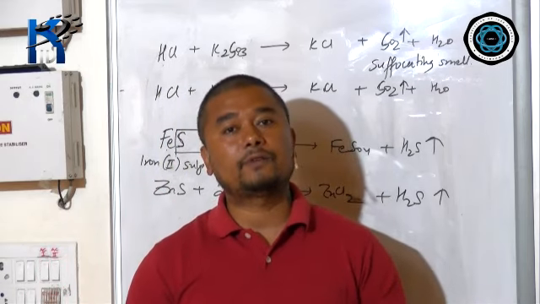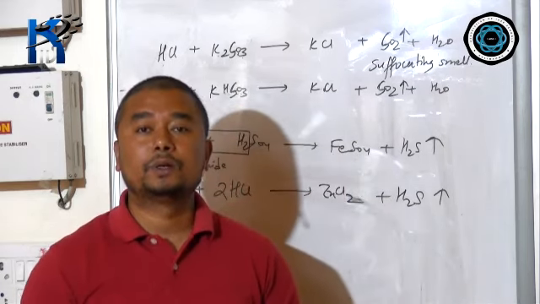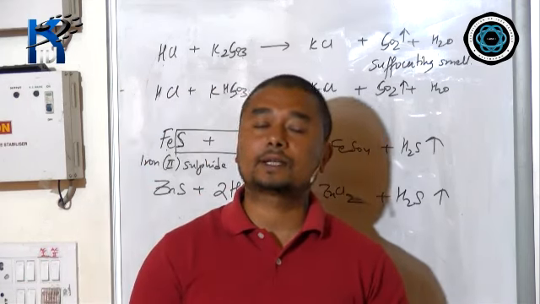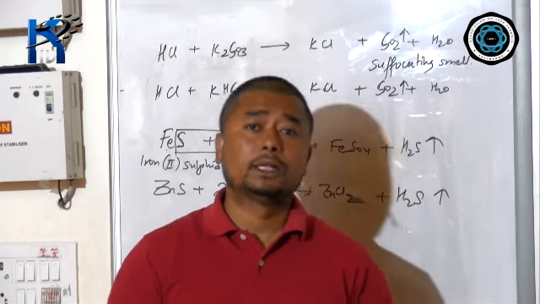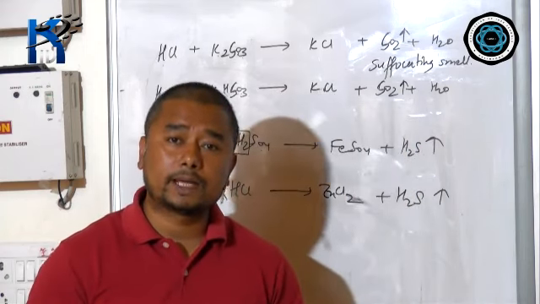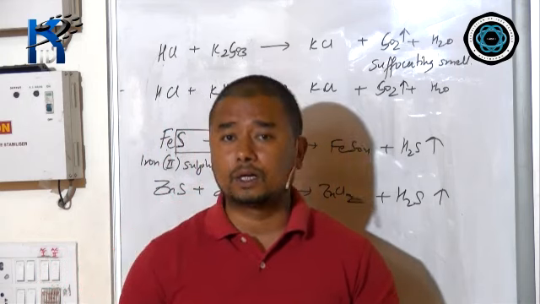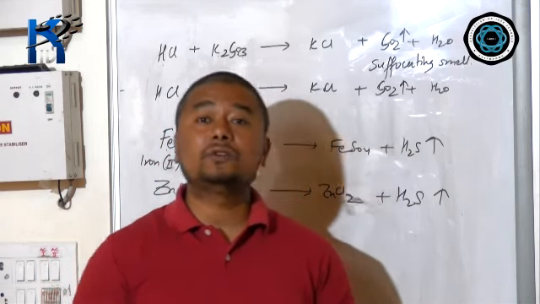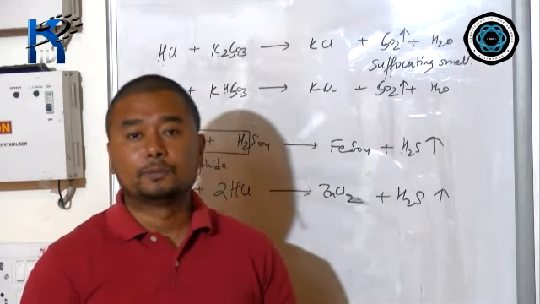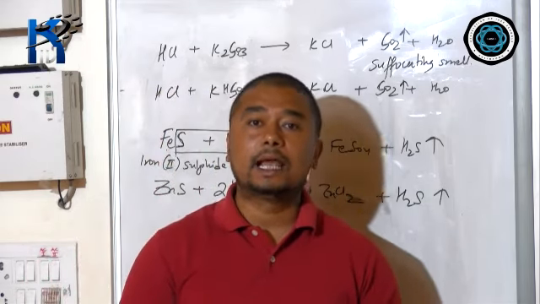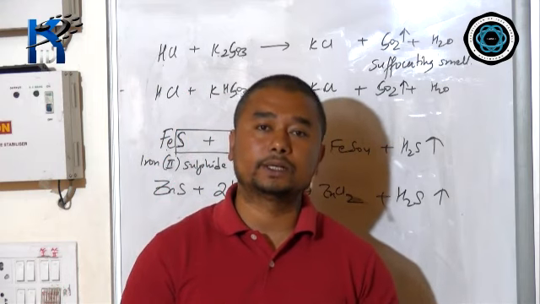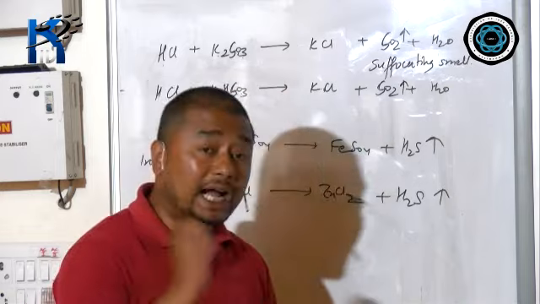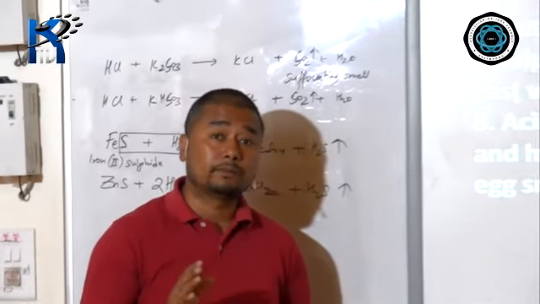Acid reacts with metal sulfite and metal bisulfite to produce sulfur dioxide gas, water and salt, which has suffocating odor. Acid reacts with metal carbonate and metal bicarbonate to produce salt, carbon dioxide and water, and the carbon dioxide evolves as brisk effervescence. Acid reacts with metal sulfide to produce hydrogen sulfide gas and salt, and this hydrogen sulfide gas has rotten egg smell. You need to remember all of this. So these are the 8 properties which are highly important, students, so do remember it.